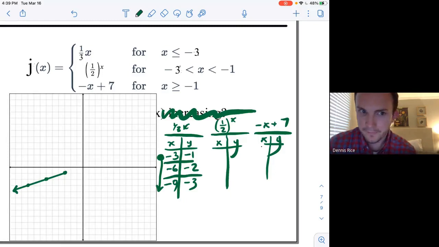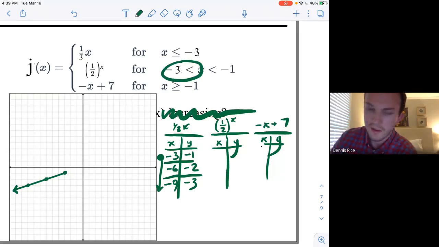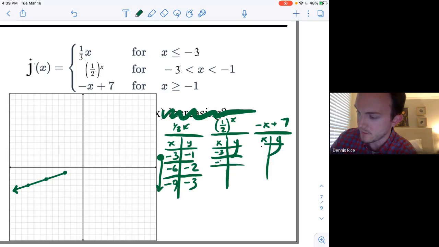Now, half X. Half X, remember, it's exponential. We can't use just the beginning and the end. Oh, it's not included. Do we not put -3? No, we still put it. And we have to go everybody in between. We have to hit every step. -2. Not that there's many steps here. -1. That's it. Now, I would probably use a calculator here if you need to. So second graph, type it in. Second graph, look at the table. It's going to be 8,